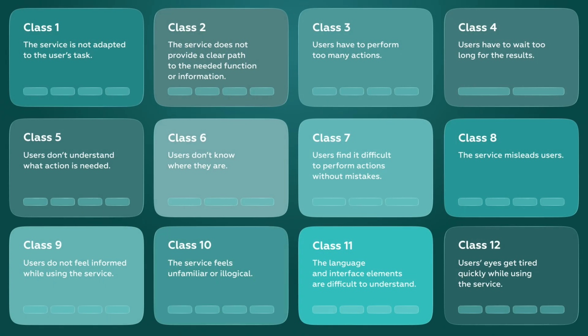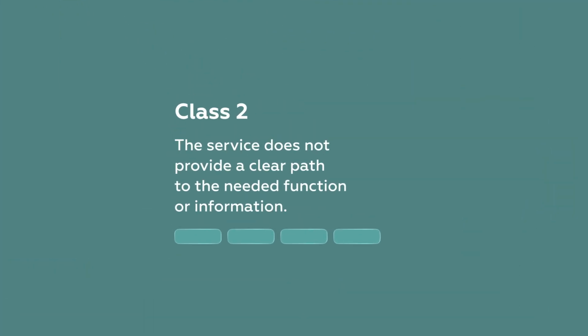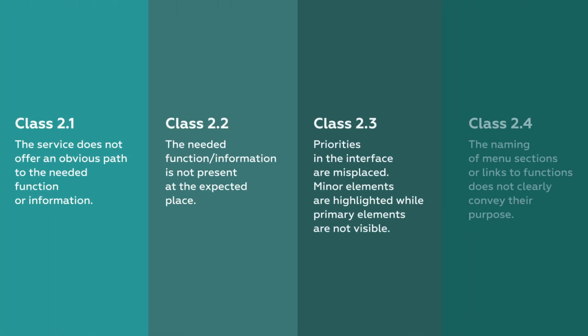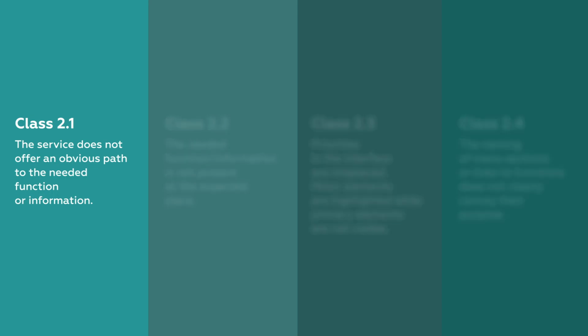We discussed what a UX problem is and why it is important to manage it when developing a digital service in this video. The link will also be in the description. And today I will talk about the second class of problems, which we call the service doesn't provide a clear path to the needed function or information, and specifically about the subclass when the service doesn't provide an obvious path